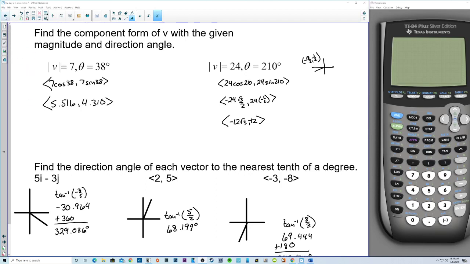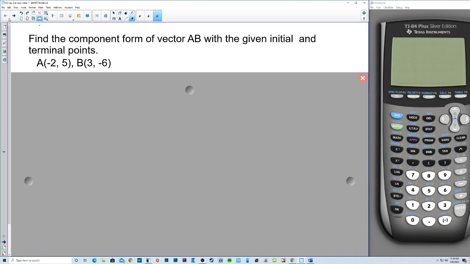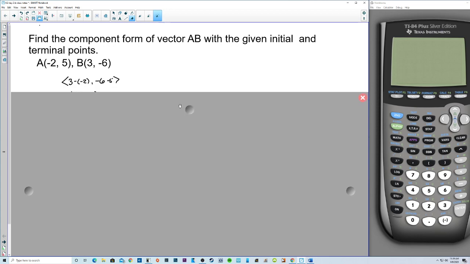All right, this is 8-2, day 2, and I thought I'd go over this quickly. We're going to kind of skip some of the calculator work, but I will discuss the values, of course. Find the component form of vector AB with the given initial and terminal points. -2, 5, 3, -6. Well, we subtract, we do x2 minus x1, y2 minus y1, and we get an answer